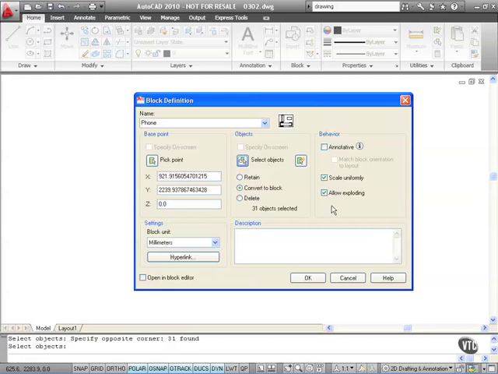You might want to do that to explode this block, make some slight changes, and save it as a different block. Perhaps it might be a slightly different handset, for example. The block unit is millimeters, it's a metric drawing in this case, and open in the block editor. I'm going to tick that box there because I want to show you the block editor for dynamic block editing. I click on OK now,